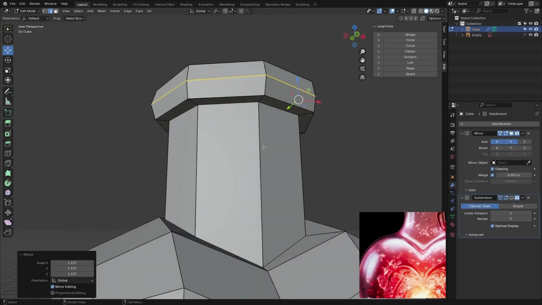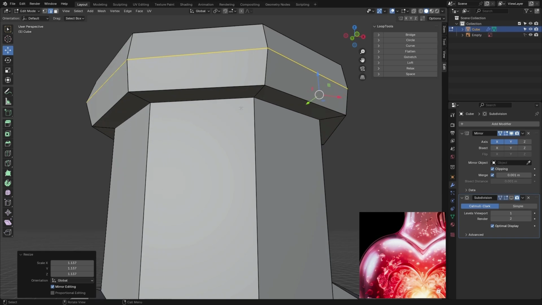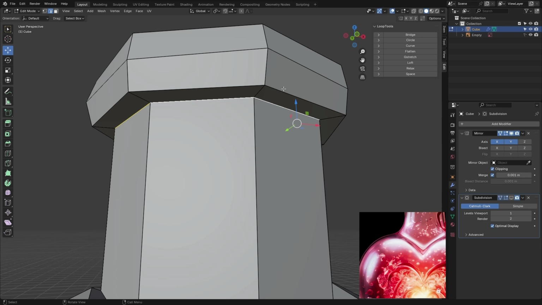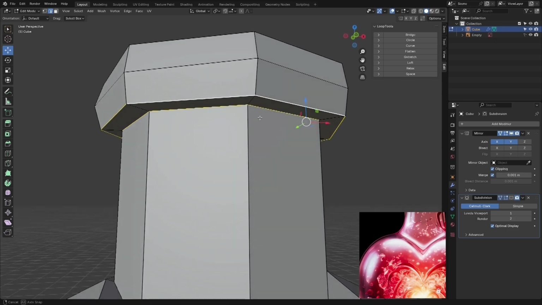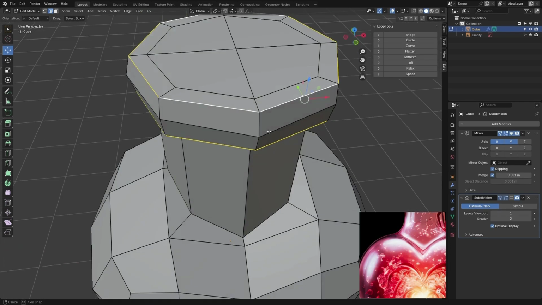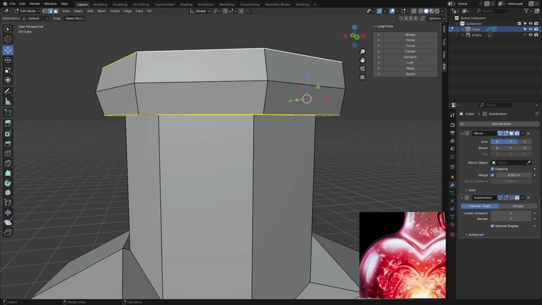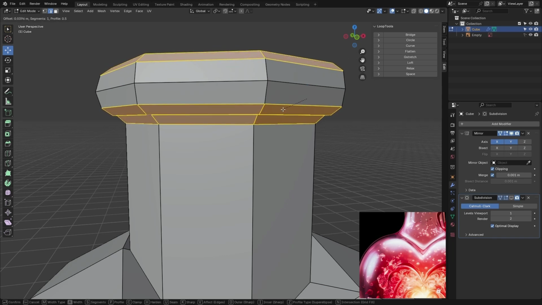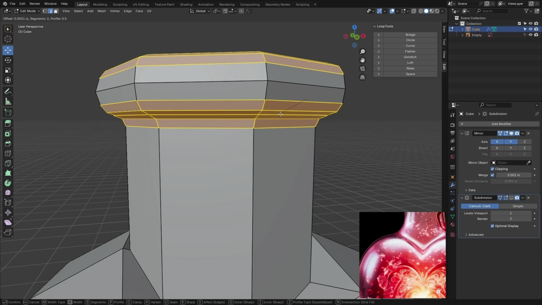Right? Now, down here, we need to support these edges to keep them in place. So either add bevel or add support loops. Let me grab all of these edges by hitting Alt click, and another one with Shift Alt click, Shift Alt click right there. All right, now let's hit B for the bevel and one mouse wheel scroll. Make it kinda